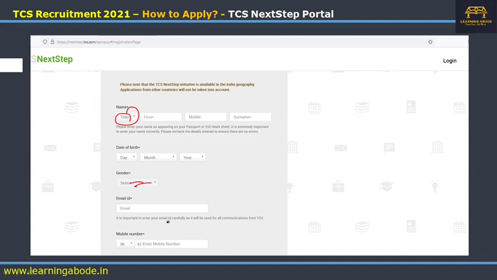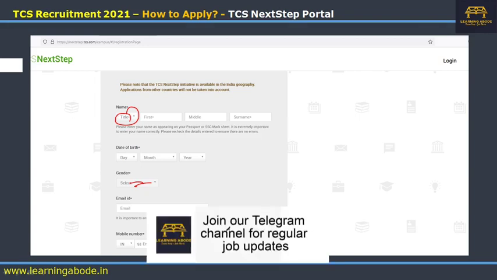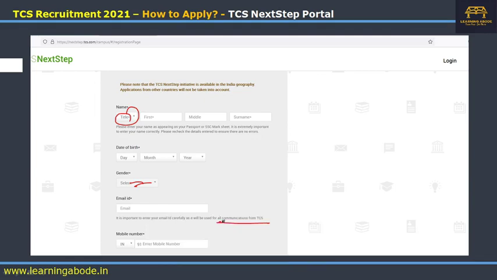Then you correctly enter your email ID, and that is the email ID that will be used for all the communication from TCS, right from your admit card for the exam, the communication for your interview, and all further communications. Let it be a proper, more official kind of email ID, not a social media kind of ID, just a proper email ID that would look good for a job profile in TCS.